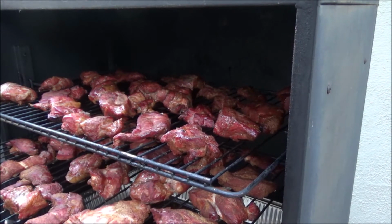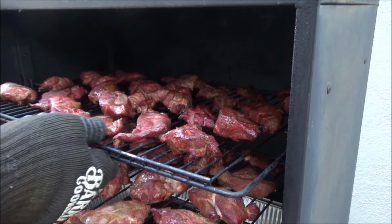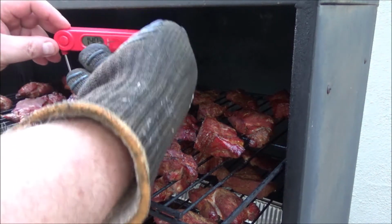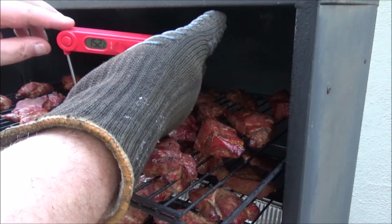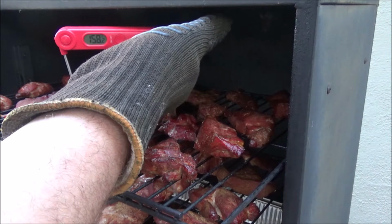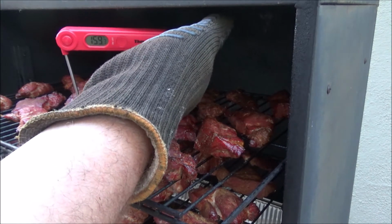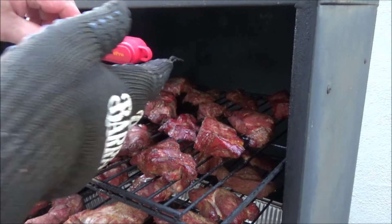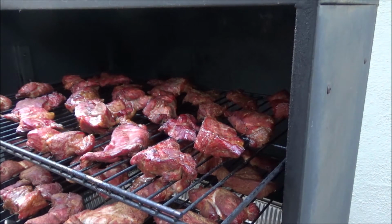Okay, and again, I know you guys are going to ask me, so let's just get it out of the way. Let's go into that same piece. Pull out a little bit more, because it's really thick. Let's see where we're at. 156, 157, 158. Oh, 160. Okay, you know what? That's right at the exact same temperature